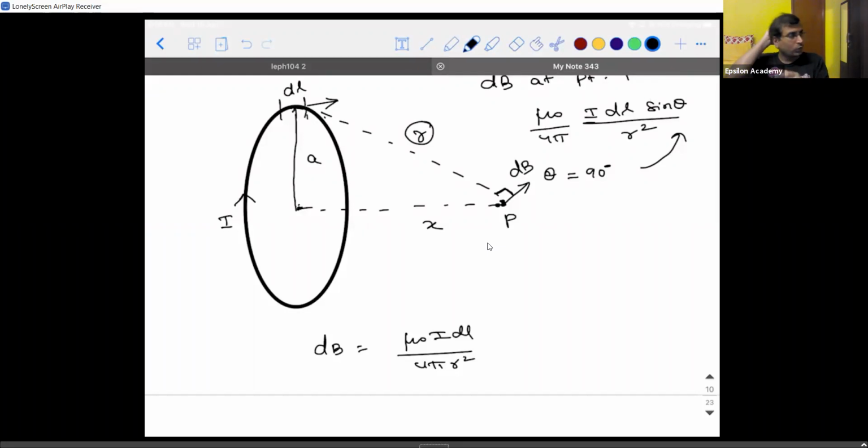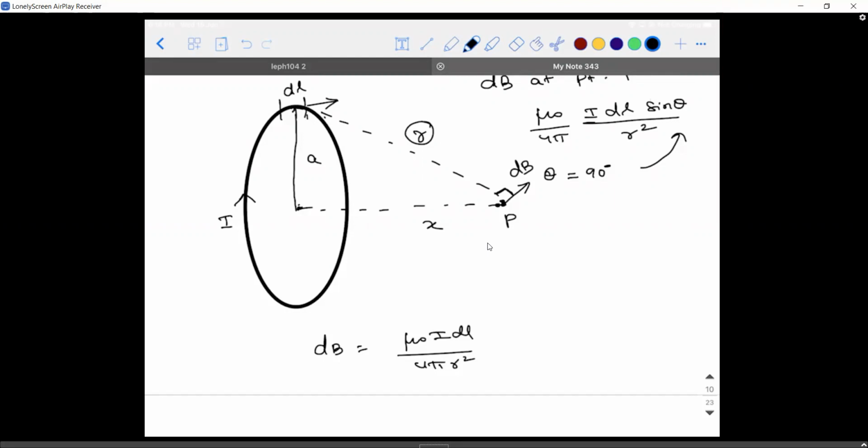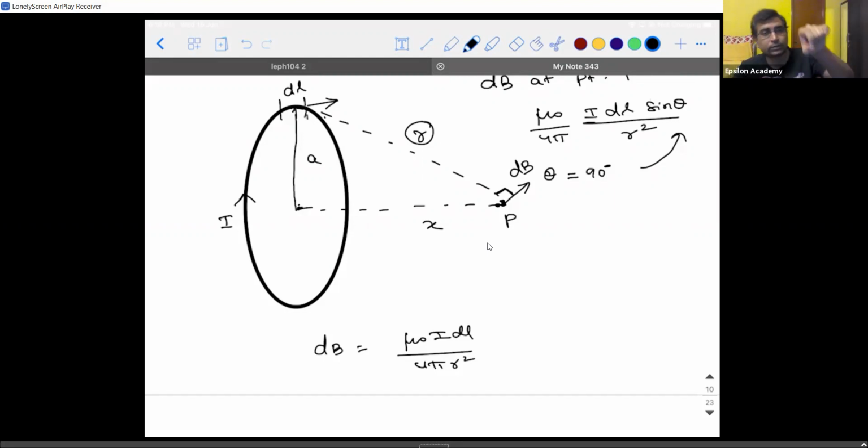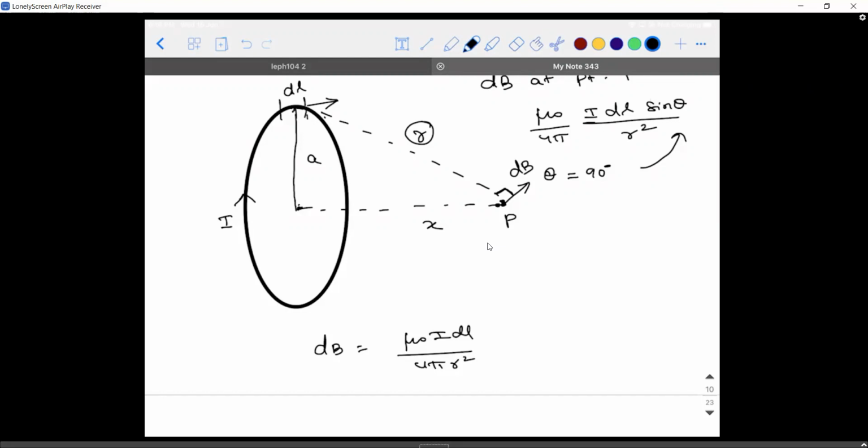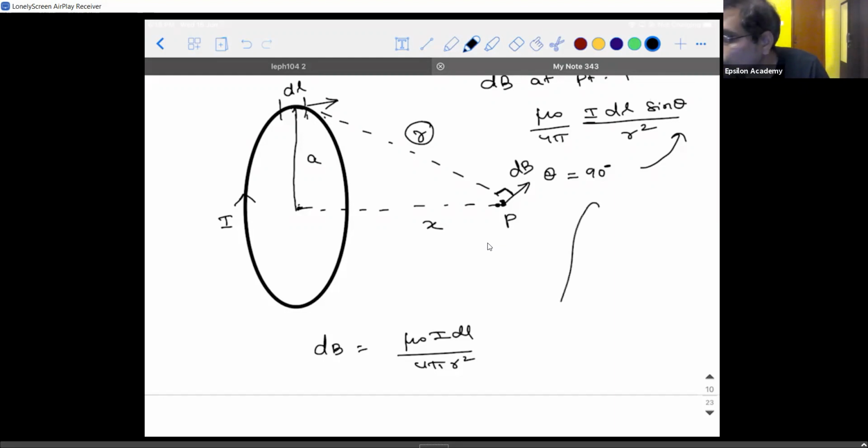Is it towards you or away from you, guys? Towards. Do you keep your hand like this? Okay. See, from this side, current is going to be clockwise. At the top point, check and tell me. Keep your hand like this and check and tell me. So it will be away. So anything away from you is minus k cap. So this should be a rough work.